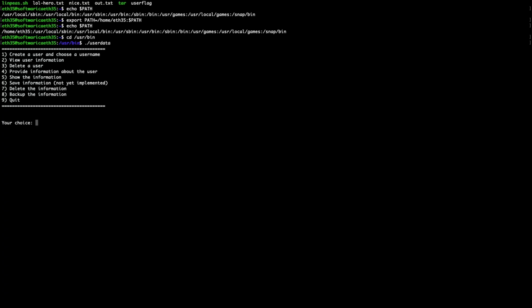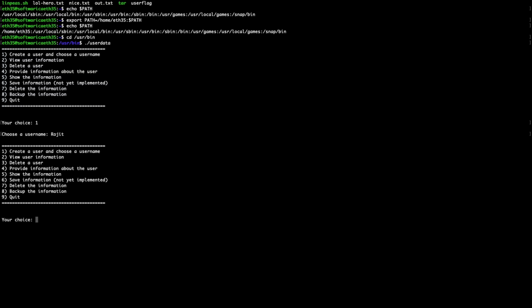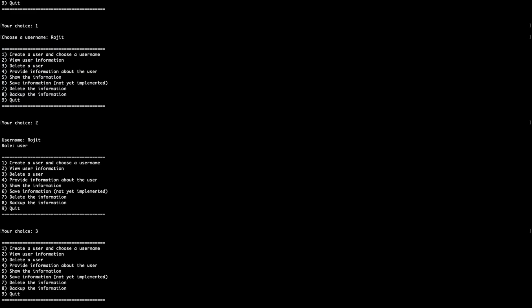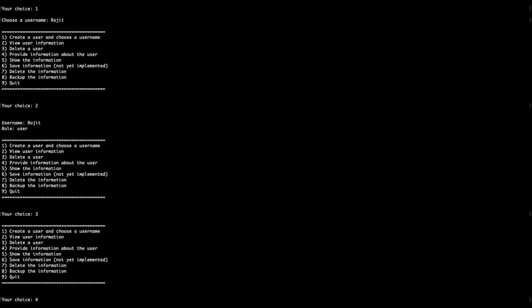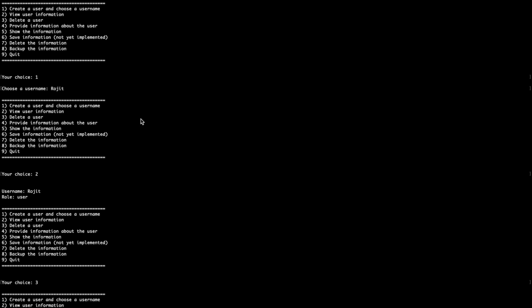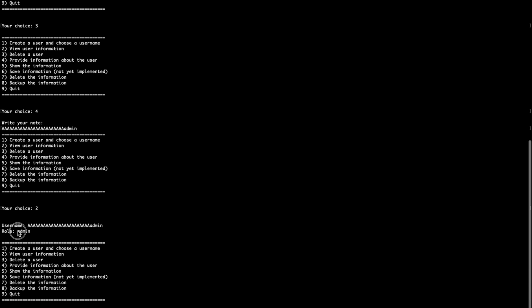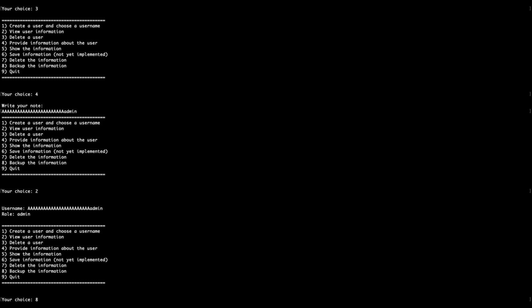Now let's go to /usr/bin/user_data. I found that there is a buffer overflow flaw in here. Let's delete it. Now let's go to write a note. In this function there is no input validation, so there is a chance of buffer overflow. For that we have to write 24 A's, then 4 5 6 7 8 9 10. Doing this, we were promoted to admin user. Now let's type it and we get